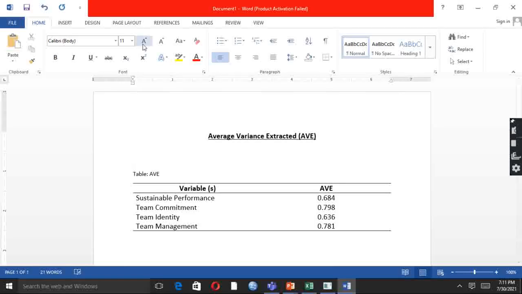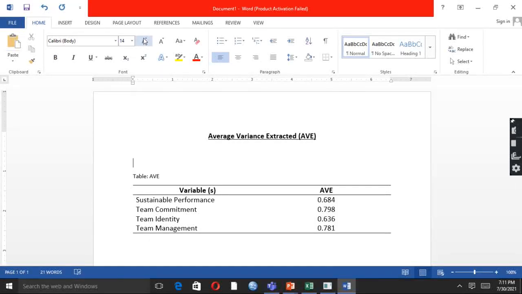The next step is that we need to write the relevant theory for this table as well. In order to establish convergent validity, there is a need to analyze AVE.